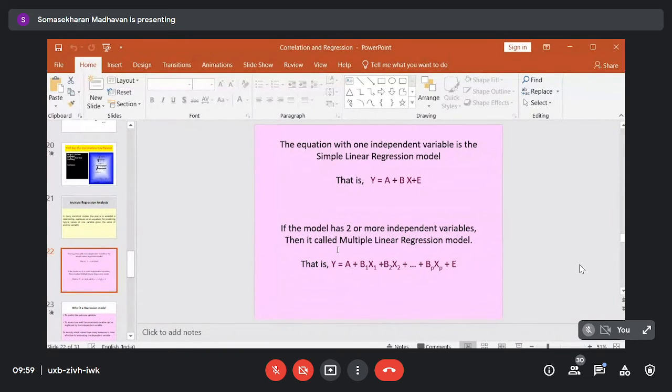The Y is also a random variable. These are non-random or given variables. This is unknown, in the sense that there is uncertainty in this. Here the values of the variables are given, and Y depends on both of these, and E is unknown. Definitely Y is uncertain, or Y is random.